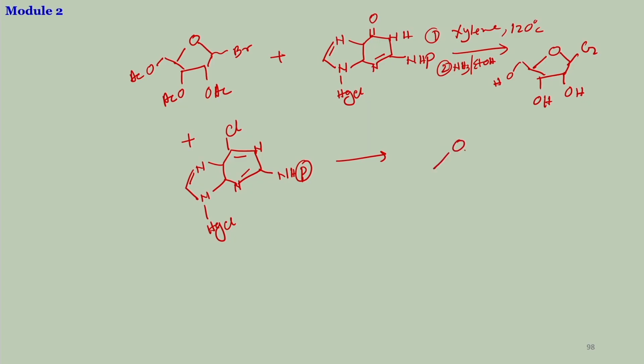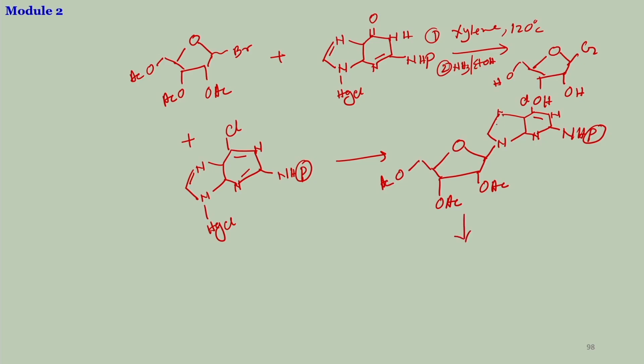Then what you get is this molecule, here you have the Cl, NHP, here you have OAC, OAC, and here double bond here. Now, you have to get rid of the chloride. If you do the hydrolysis in sodium hydroxide, a little bit of water, then that will replace